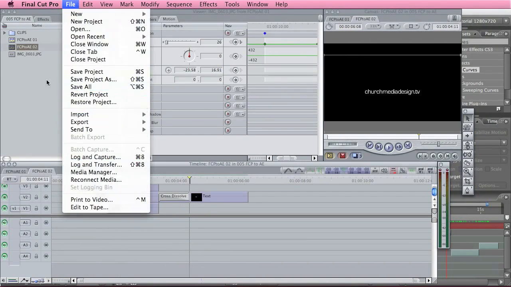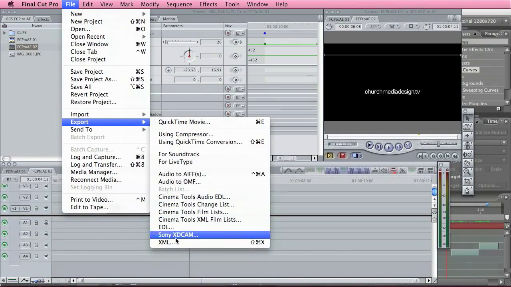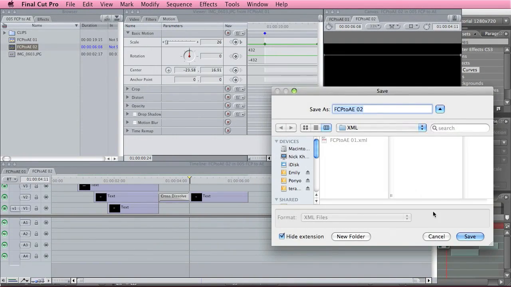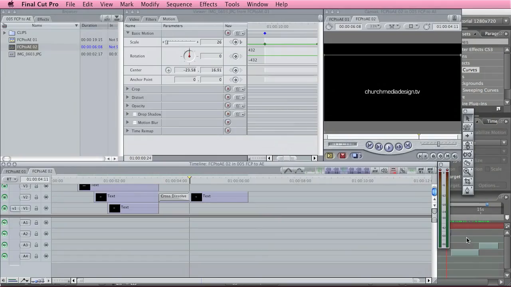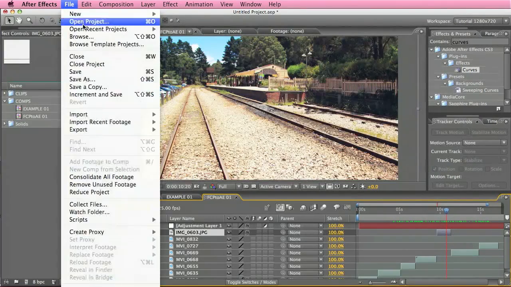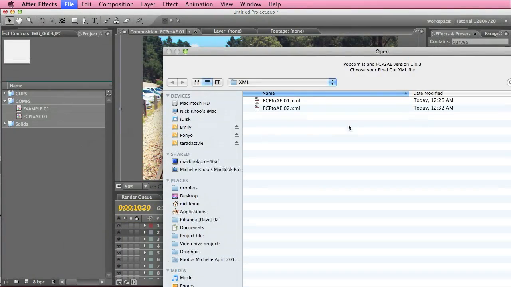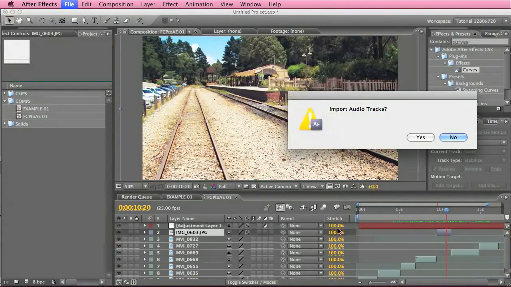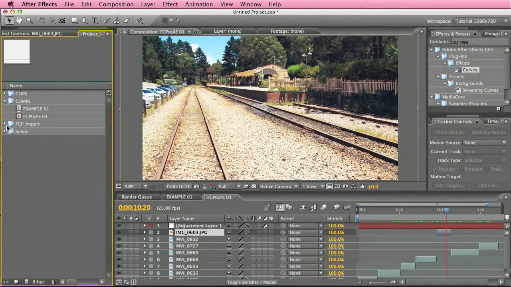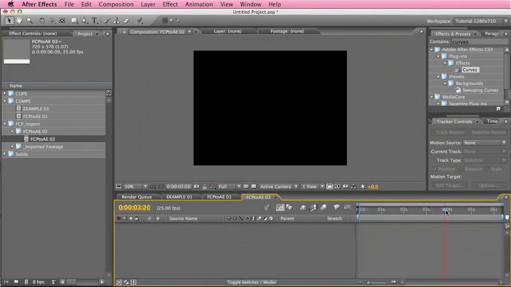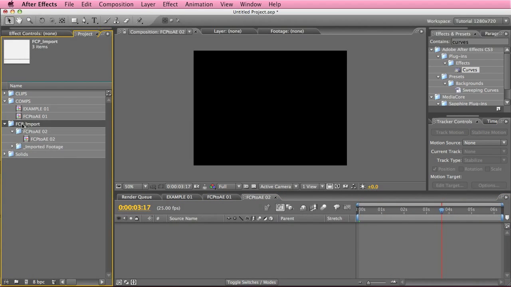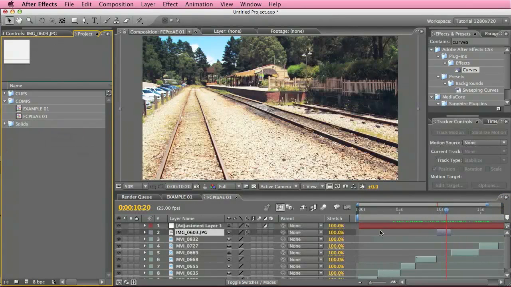So you go export XML, and you go okay, and we'll put this into the script. And if we go to that one, no. Okay, and we have a look. There's actually nothing in there. See, none of those text elements will get translated, and there is obviously no footage. So it's completely useless in that respect.